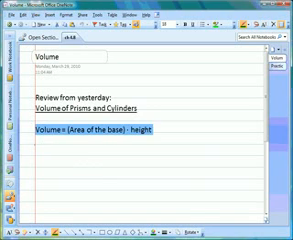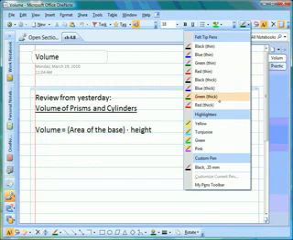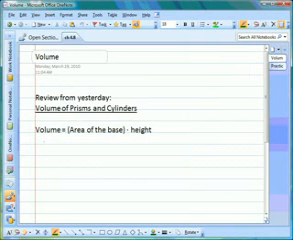Alright, let's do a couple of examples of that. Okay, let's start off with doing the volume of a cylinder. Remember, a cylinder is a prism that has a circle as the top base and another circle as the bottom base. So if we have a cylinder with a radius of 10 inches,